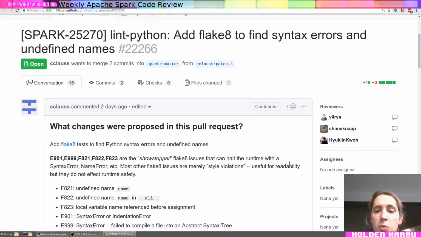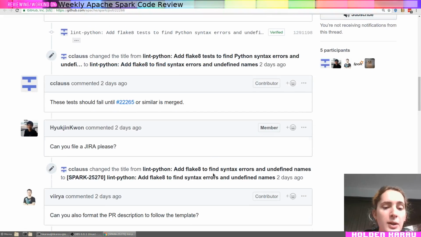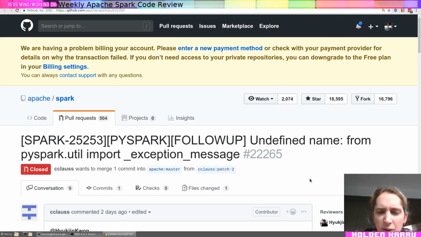So one of the things here is, this contributor very helpfully fixed a bunch of Python issues which had snuck into our code base and were actually catchable by K8s. And this is really, really useful. And is this merged?